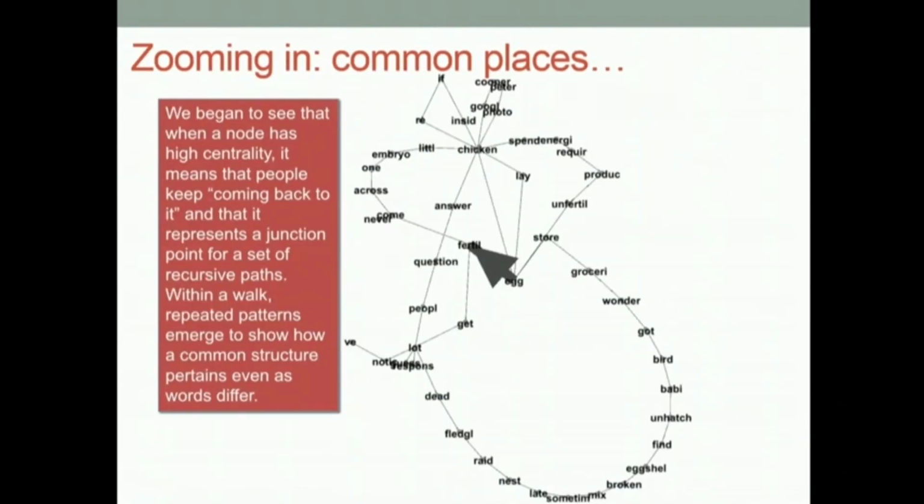If we zoom in on that big hairball I showed you before, we can also see something fairly interesting, and those are cycles. People keep coming back to those tokens. When we say that a token is high centrality, that means that it occupies a place where, if you imagine these as walks, as conversations that actually go on in time, people come back to that word. They keep saying egg, egg, egg, egg. Over 7 years, we don't see any conversation go very long without someone uttering the word egg. And the same is true of words like "it."